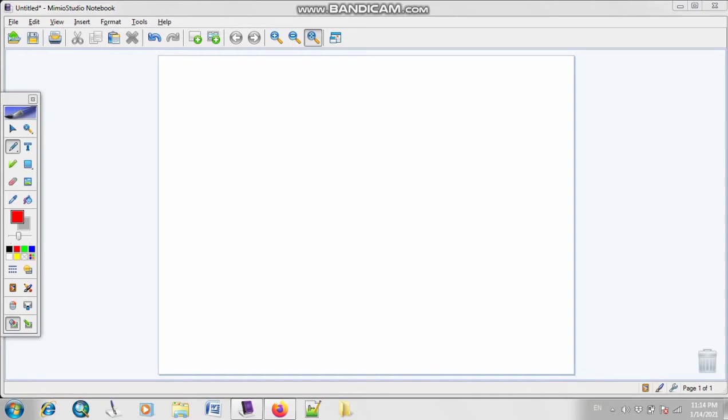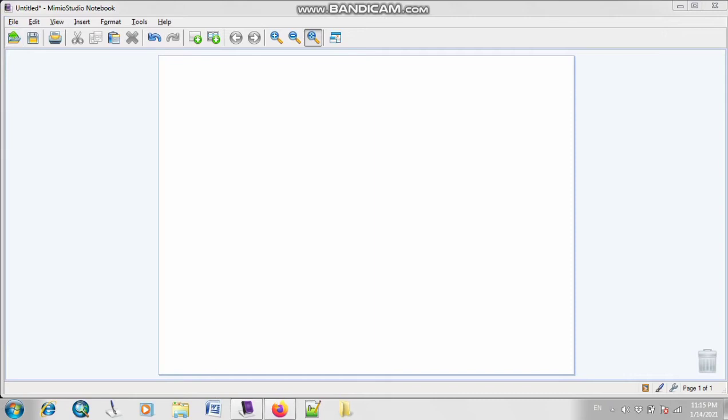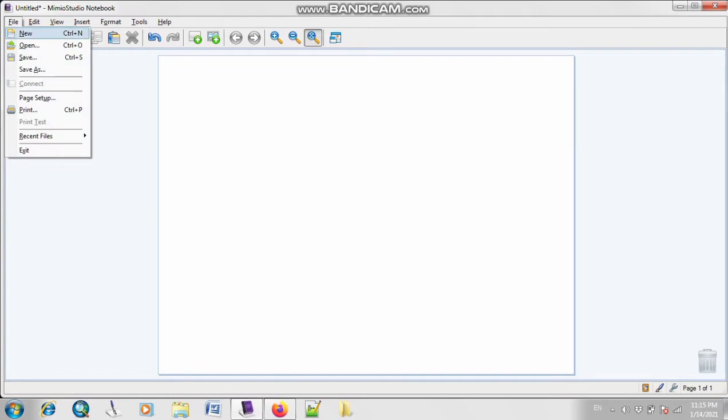Okay, so first of all we will learn about the basic commands or basic functions, then we will learn what is the use of the gallery and how we can add the interactive lessons, how we can create our own lessons. So let's start. First of all, as you can see, we have a file button over here. I'm going to just close it. We have a file button, where you will find the basic options. I'm not going to explain it in detail because you all are well aware of this.